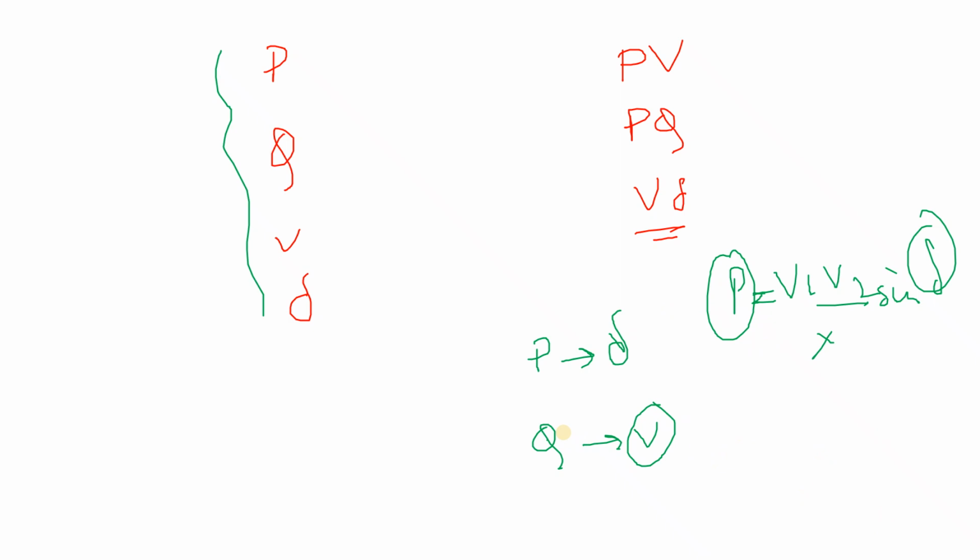And V is coupled with reactive power. So if the reactive power is not within sufficient quantity, then the bus voltage may fall. So this is a very critical case. That is why the reactive power should be within the specified limit for every area.